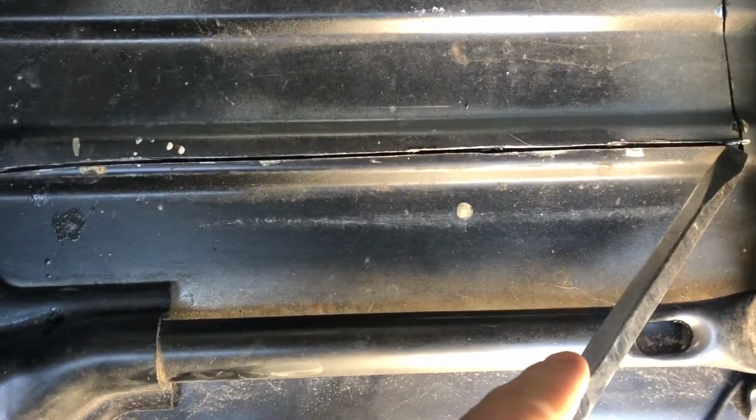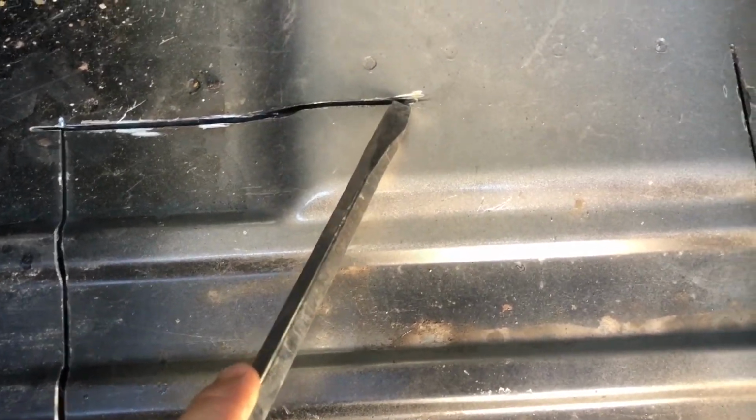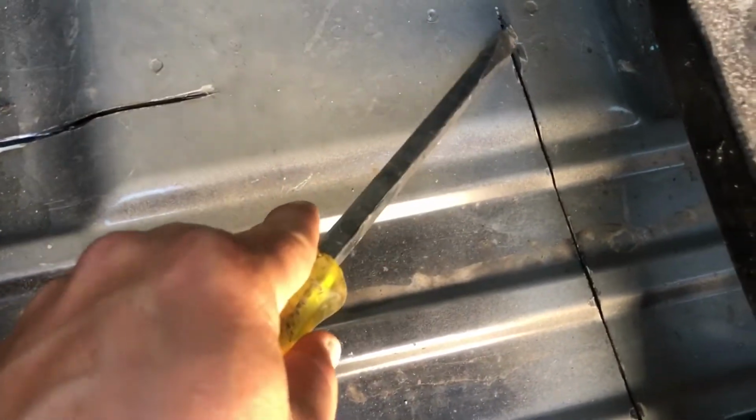Alright, so I forgot to hit record, but this is it right here. So I've made my cuts. As you can see, I went along this whole seam right here, up and over. I made it up over the hump and just a little bit onto it. Left this open, so that way when I fold it, I can fold it back, it'll stay in place, and then cut along this edge. And now all you gotta do is